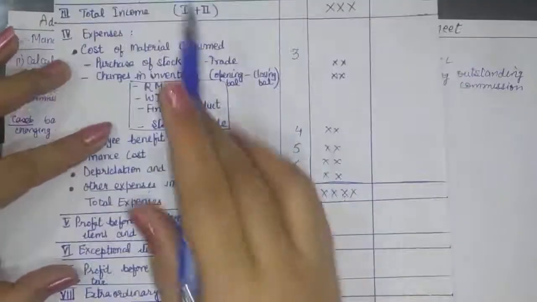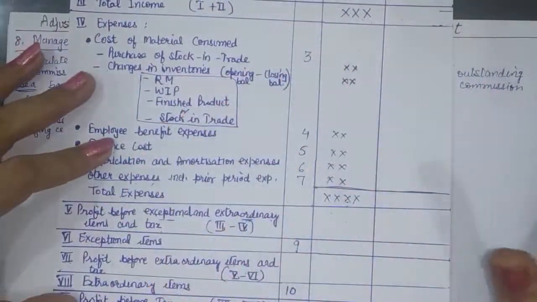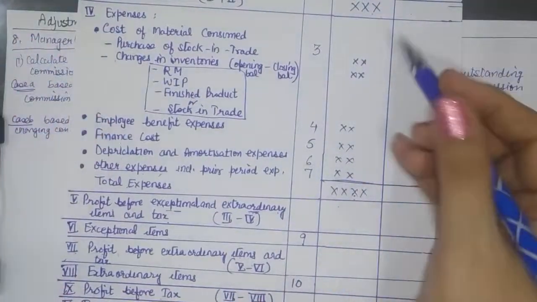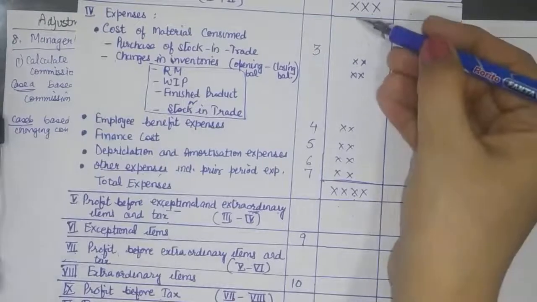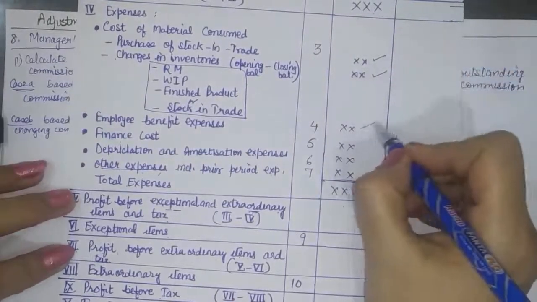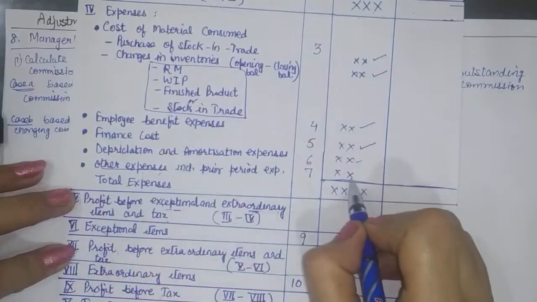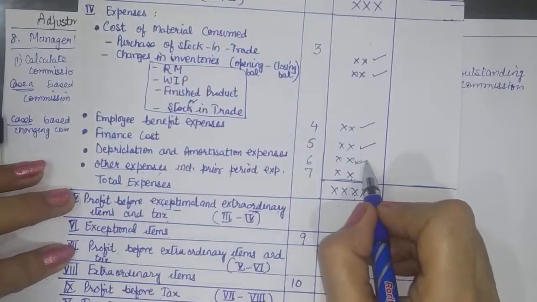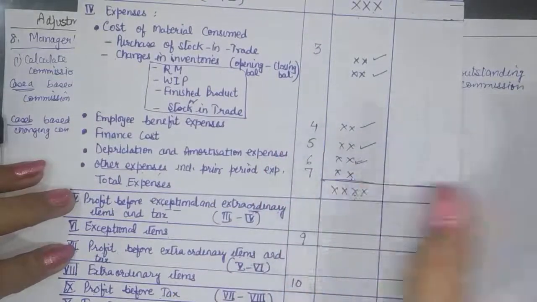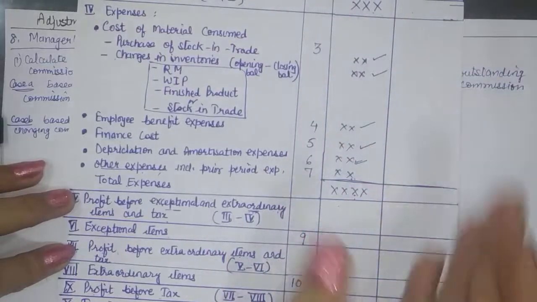So you have taken total income. Now you have all the expenses that you have calculated in the notes. You can add up all the expenses, and after deducting the total of the expenses from the income, like in the statement, we can write this. But yes, this one is before commission because we haven't yet calculated it. So you just take the gross amount, that will give you net profit before commission.